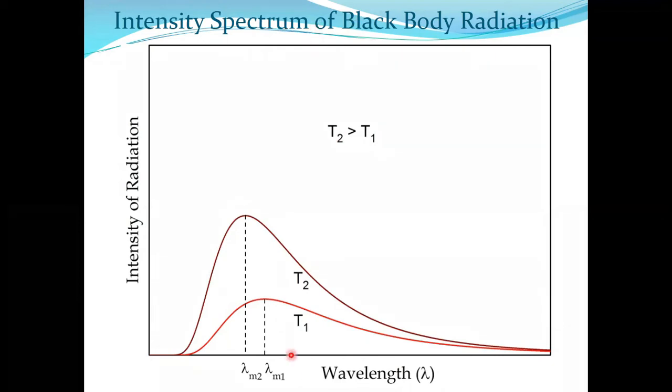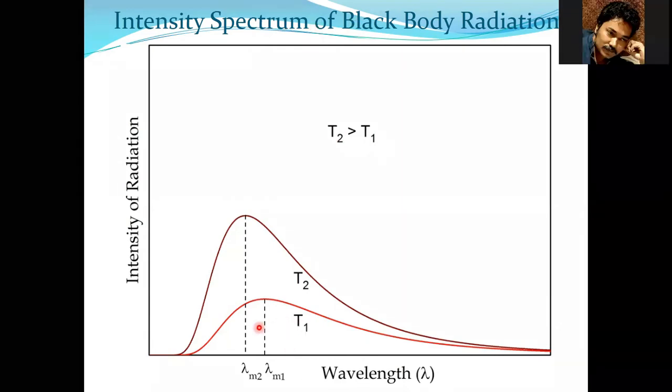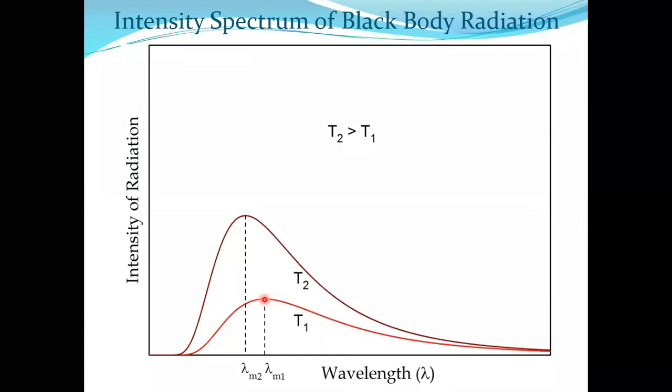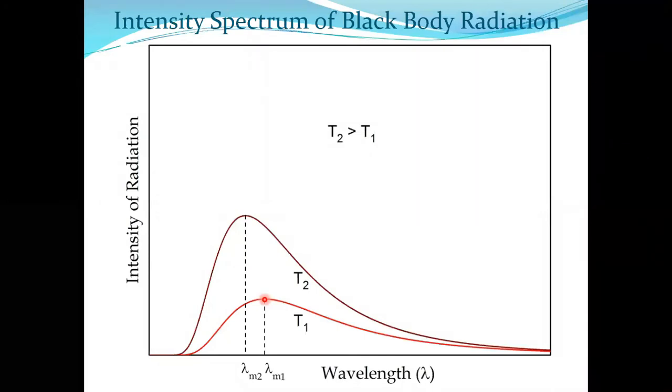So for T1, we observe that the intensity is maximum at this particular wavelength. Therefore, we'll observe only this wavelength coming out of that body. That means suppose we are observing red color, that means intensity is maximum at red wavelength. Here when you increase the temperature to T2, again intensity is maximum at a particular color. For a particular wavelength, intensity is maximum, and we'll observe only that color coming out of the body, though other